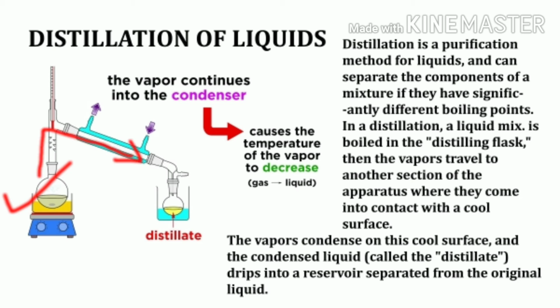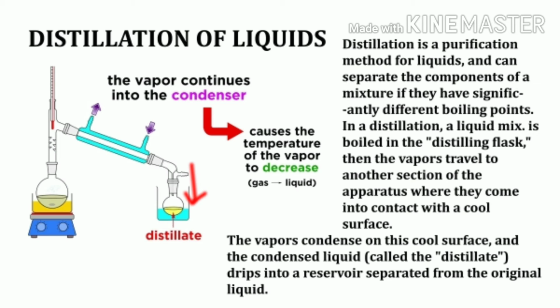Then the vapors travel to another section of the apparatus, which is known as the condenser, where they come into contact with a cool surface. The vapors condense on this cool surface and the condensed liquid, known as the distillate, drips into the reservoir